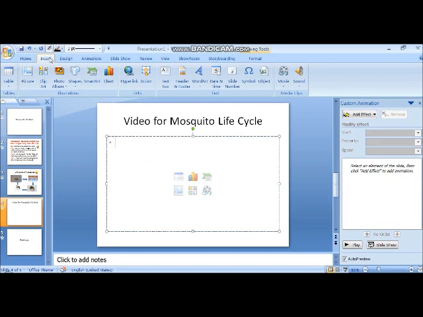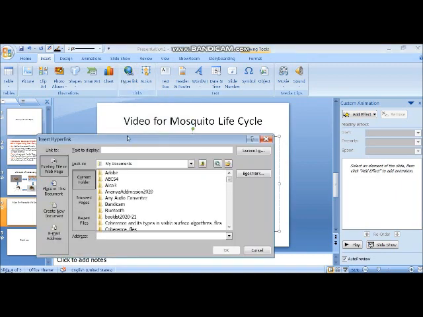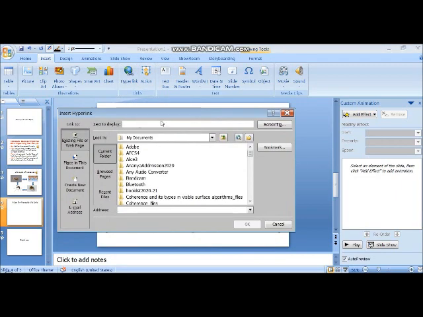Click on insert. Click on hyperlink. This is the icon for hyperlink. Two things are there, hyperlink and action. So we are going to click on hyperlink. Text to display.